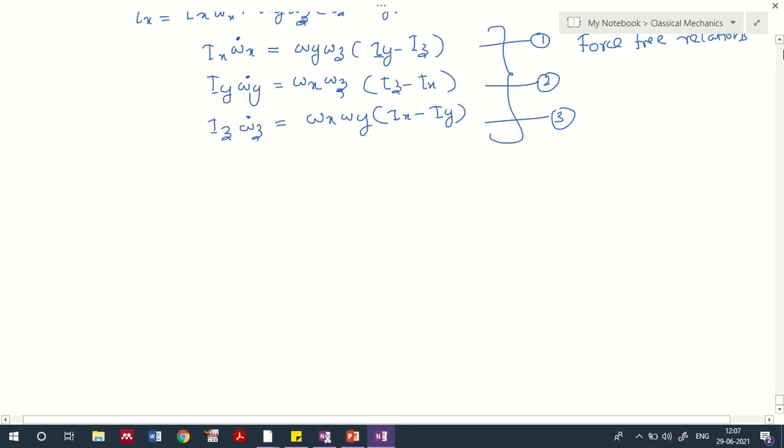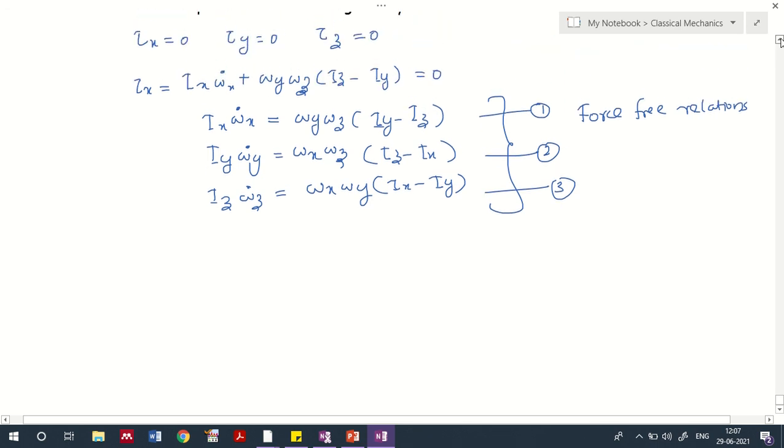If the rotation is force free or torque free, then you can utilize the equation in this form. We have seen the same case for Newton's case as well; a similar representation you can see over there. In Newton's case, we are not considering the rotation of a body. Here we are considering the rotation of the body as well. That's why angular velocity also comes into the picture. So this is a representation for the force-free relation.